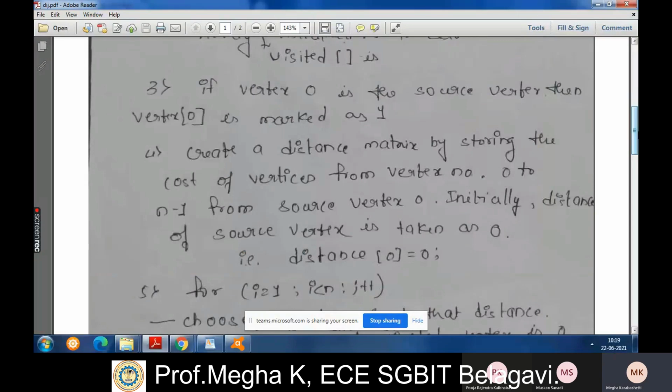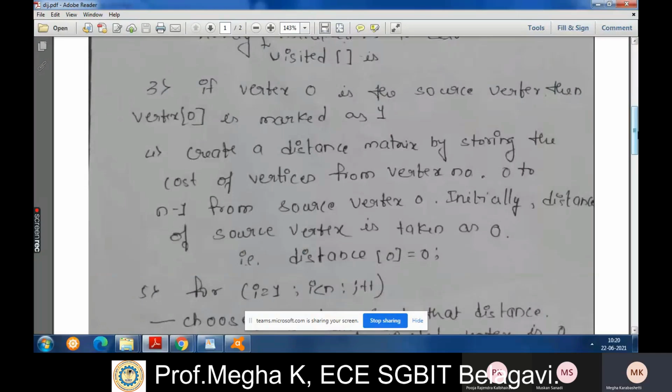If you have visited the node and done the calculations, that visited node's array value becomes 1. Now you have visited node 0 and done the calculations of the cost, so that vertex's value in the matrix becomes 1.